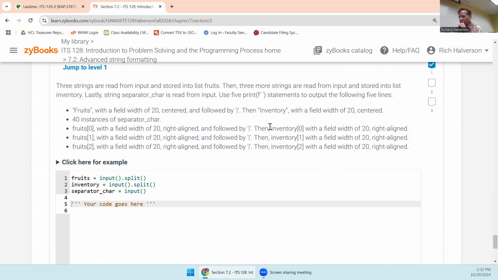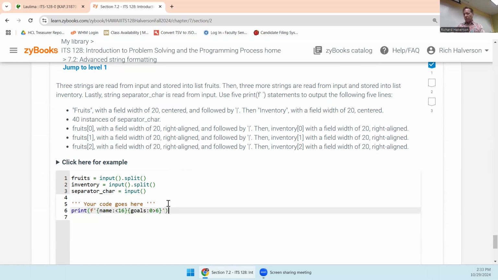3 strings are read from input and stored into list fruits. Then 3 more strings are read from input and stored into inventory. And lastly, a separator character is read. Use 5 of these to output the following 5 lines. I have no idea what I'm doing here. But use 5 of these print statements. Do I still have something stored in there? Oh yeah, okay. So I want to print